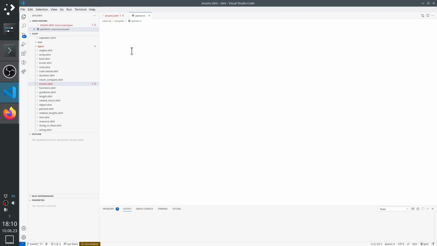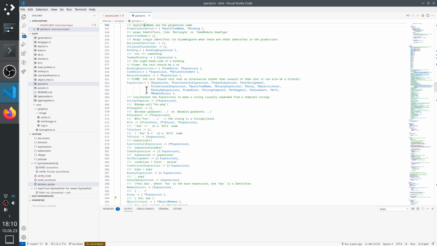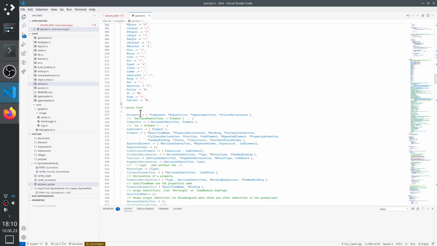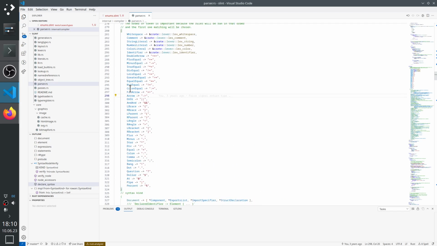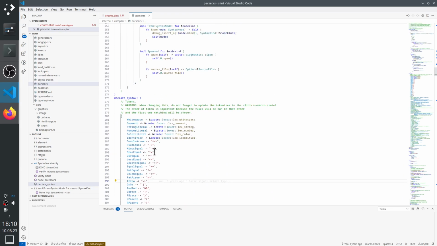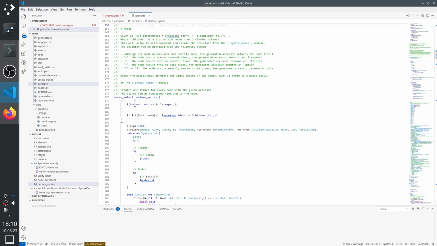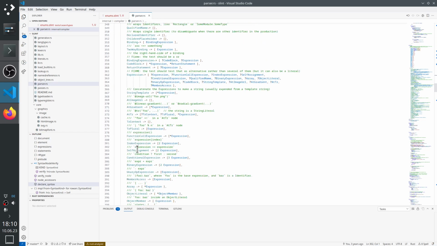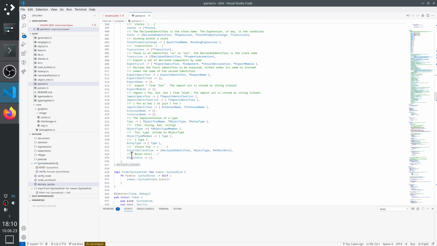So I'm gonna go in the parser, and in the parser we have all the grammar explained with this macro, the declare syntax. It's like a macro which is implemented there, but just creates nodes and stuff, so it's easier to work with. But in the end, what we want to have